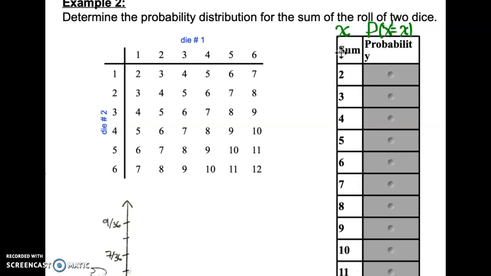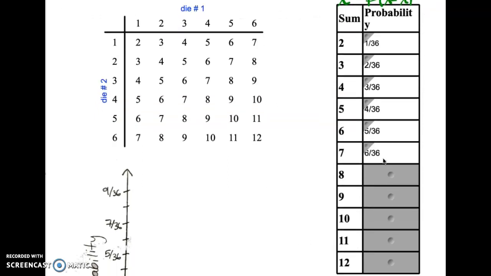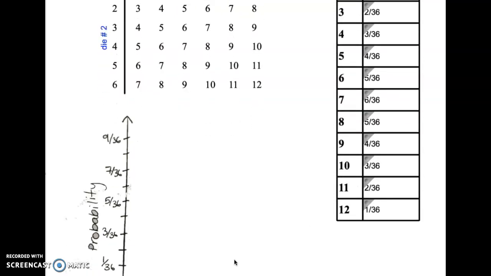So for the first one here, the probability of a sum of 2, we can read it off of our dice chart, 1 out of 36. And you're going to go through and do this for all 12 of them. Probability of rolling a 3, 2 out of 36, then 3 out of 36, 4 out of 36, all the way down. Okay, and that's for the sums of 2 through 12. The next part we're going to do is